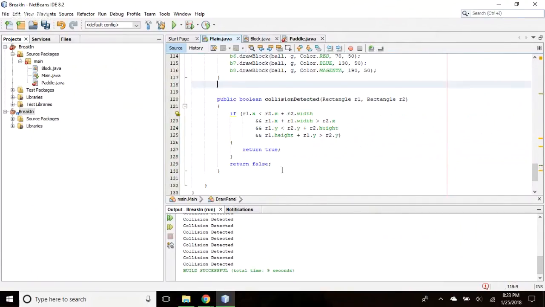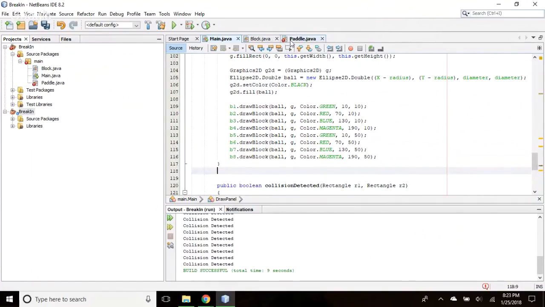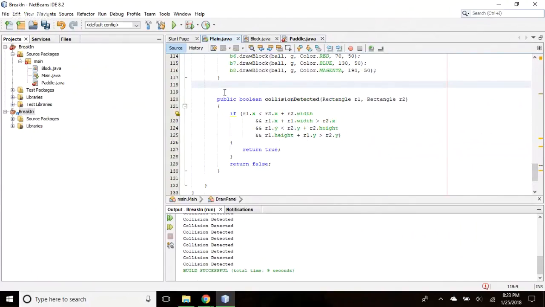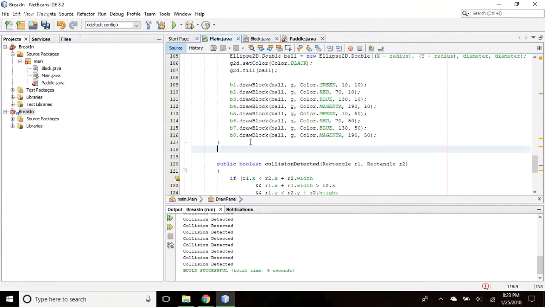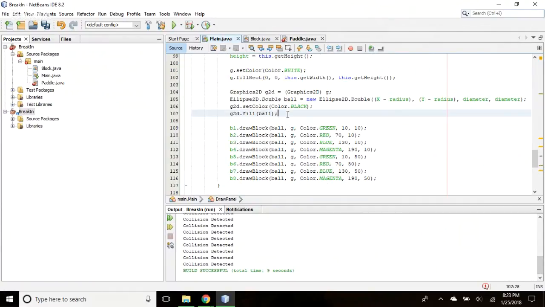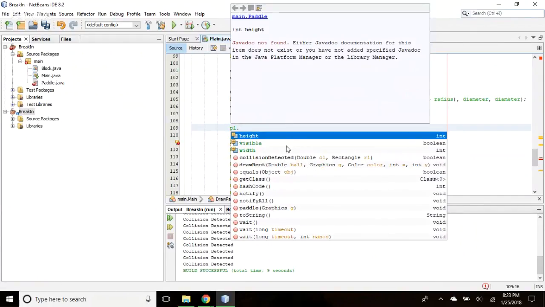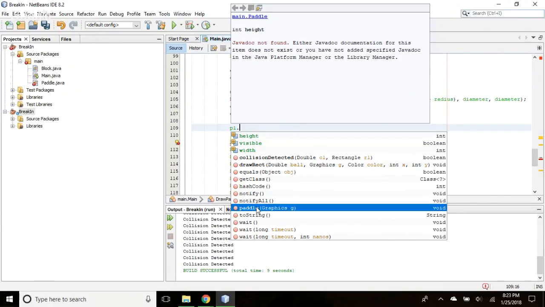Okay. And now, down here at the bottom, after you get done drawing on the main, let's go on the main. You're there. Now, where you have b8.draw block, right there. How about just before you draw any of the blocks above the B1, right? Just right, yeah, enter, hit P1, that's paddle, right? Dot, and then it'll be paddle, and you want to call the constructor, right? Because there's only going to be one paddle.